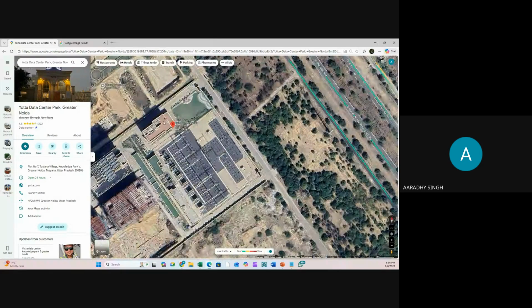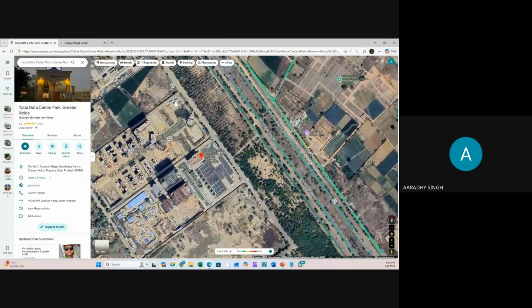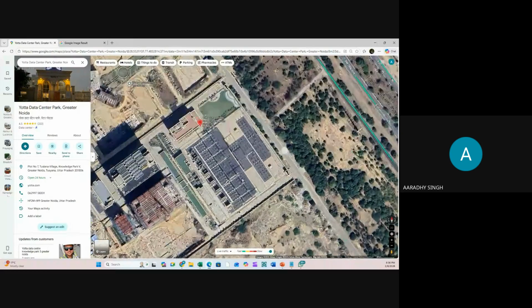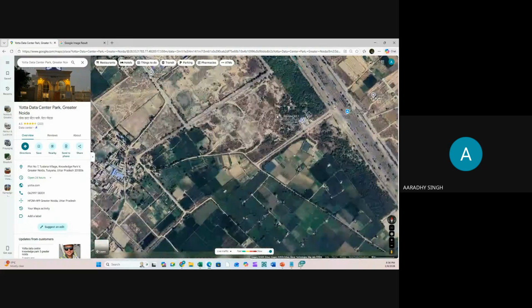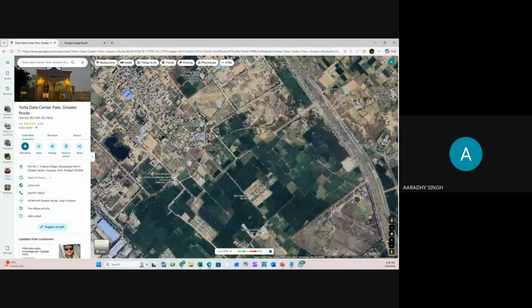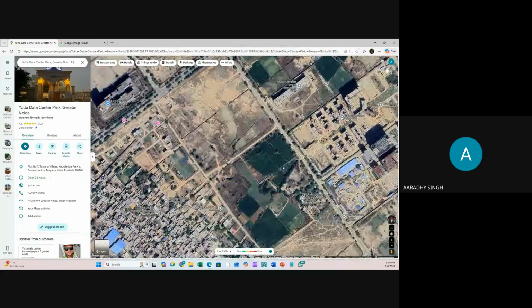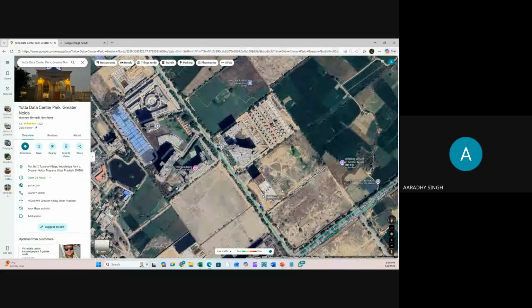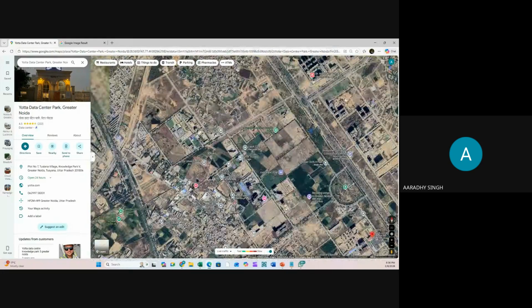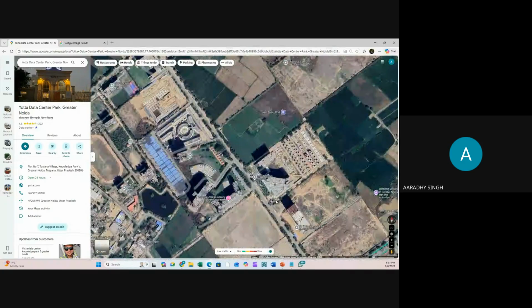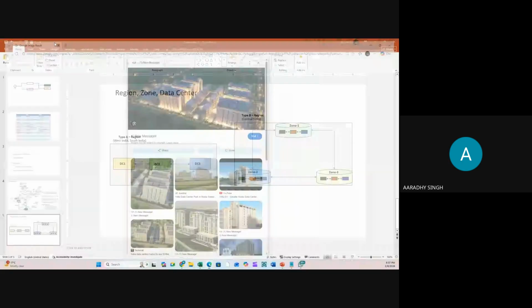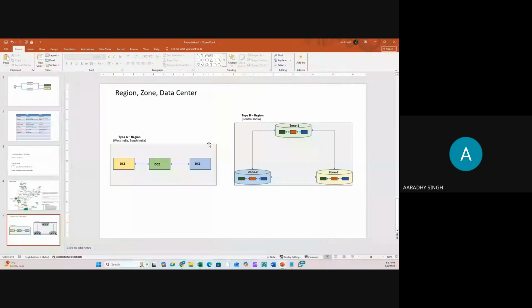You see here, this is set up, and one more zone is under construction. It's not visible here, but anyway, I have seen there are two zones available. The third zone is a few hundred meters or maybe 1 or 2 kilometers away, but the premises are different. Another zone is under construction, which is 25 to 30 kilometers from the primary location.